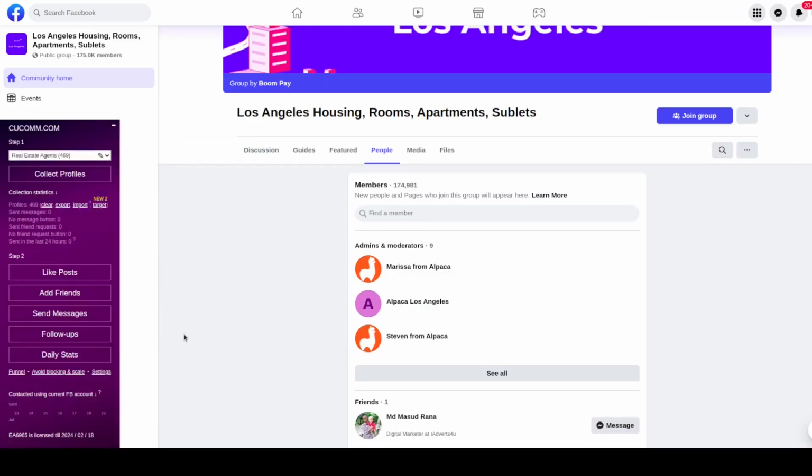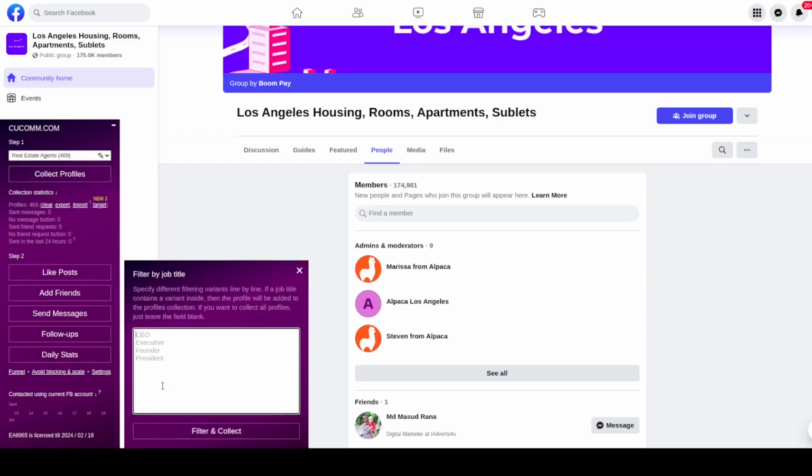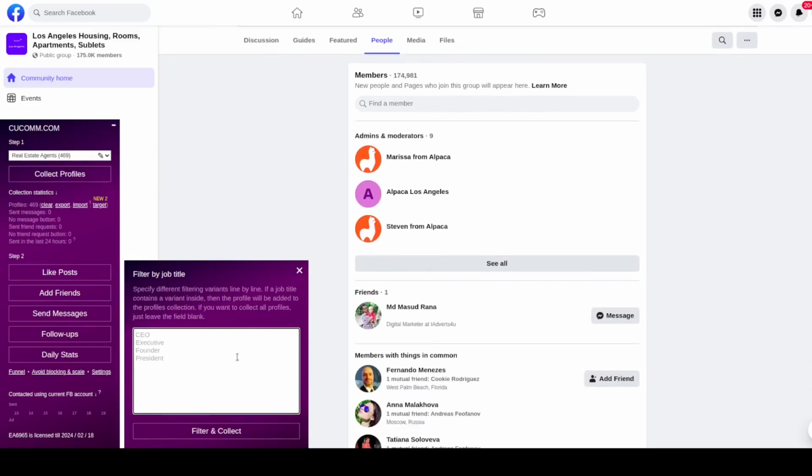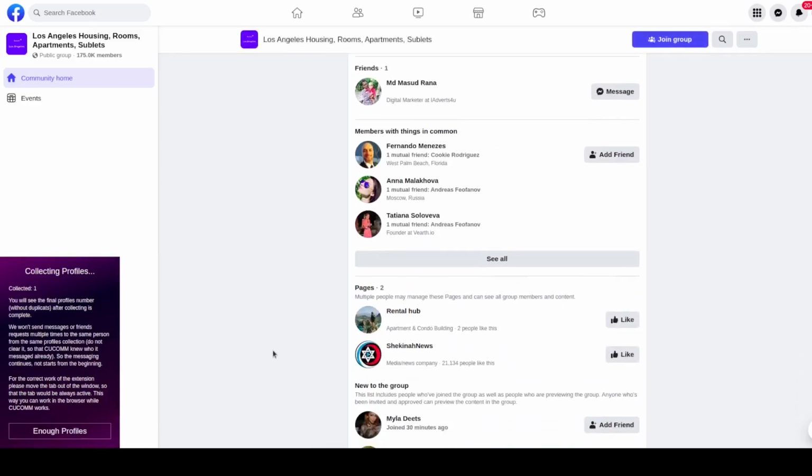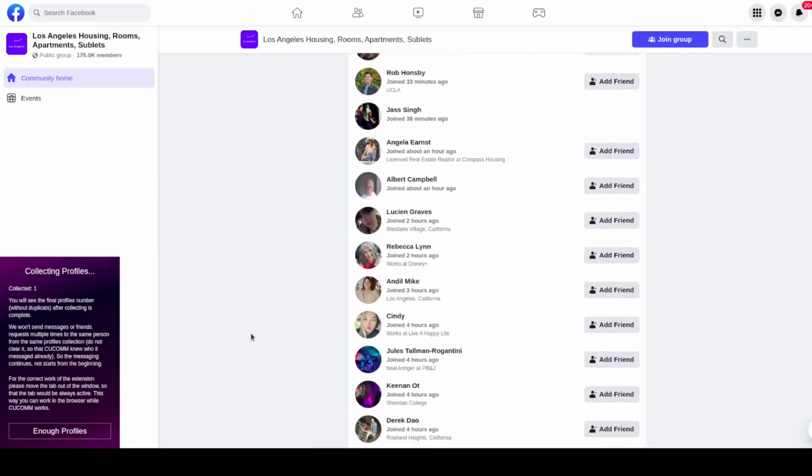What we do next, we click collect profiles on our extension widget. Here we can specify different keywords that should be present in their job titles. So for example, we can specify estate, maybe, I don't know, property. Maybe you can play with these keywords, but let's start with this. So I click filter and collect, and what we can see,